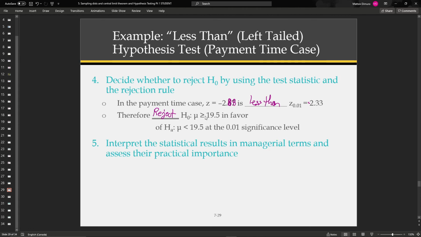We reject the HO that the mean time is greater than or equal to 19.5 in favor of alternative hypothesis that the mean time is less than 19.5 at the 1% level. Then write it in a sentence. So we can conclude that the mean bill time